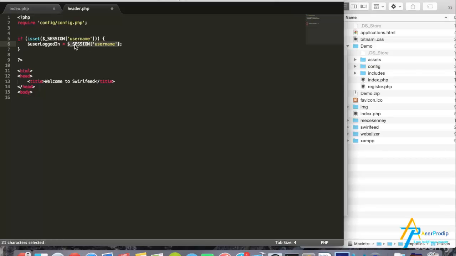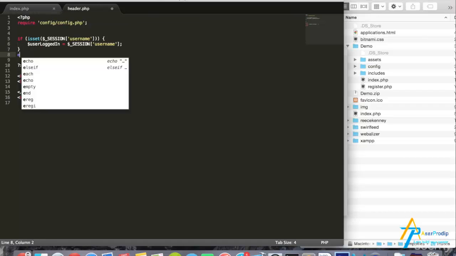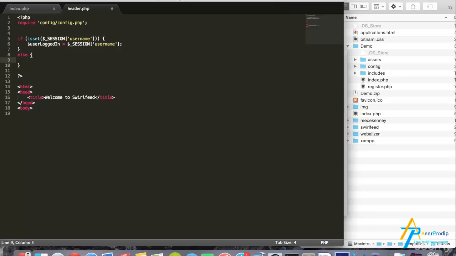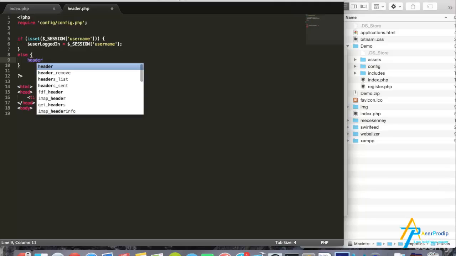If you remember, this was set in the login form. When the user logs in, what we did was we set this variable here to the user's username. So this will contain the username of the user logged in. And we'll be able to access this at any page that includes this header file. So what we're going to do now is if that variable is not set, it means the user is not logged in. So then we'll just say header